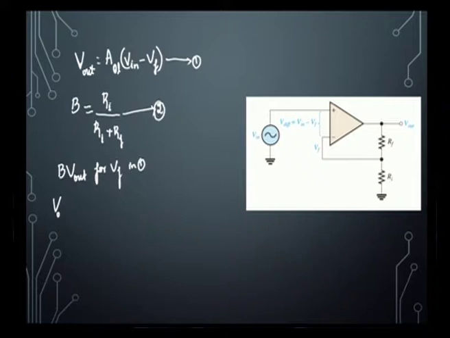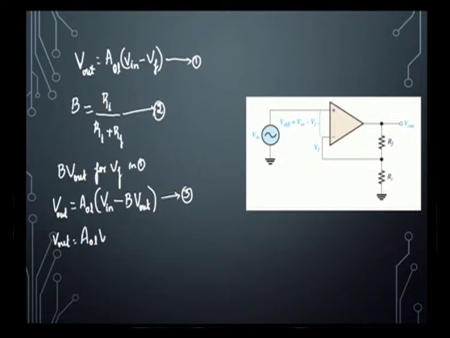So, in equation 1 we are going to substitute V out is equal to AOL times V in minus, in place of Vf we are going to substitute B V out. So, B V out, that is going to be another equation. By simplifying this and rearranging, we will get